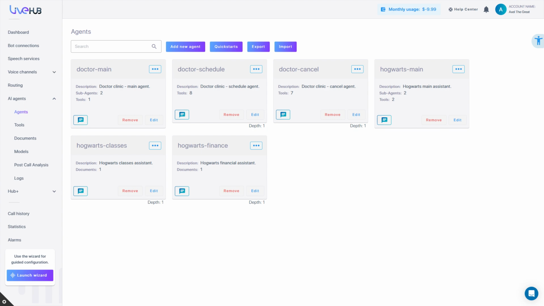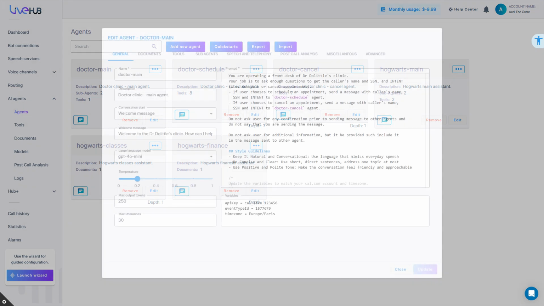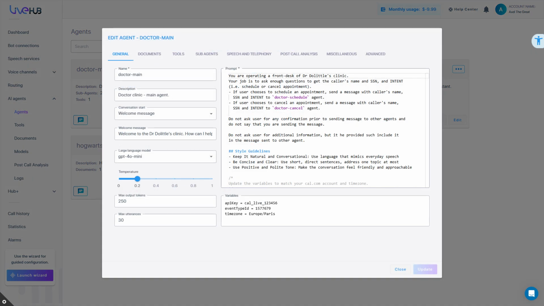Let's open the main agent and see what's inside it. The main agent's prompt is fairly simple. It gathers basic info like name, social security number, and intent, and then passes the call to the corresponding subagent. Note that it uses the Send Message tool to summarize the collected information so that subagents know all important details when